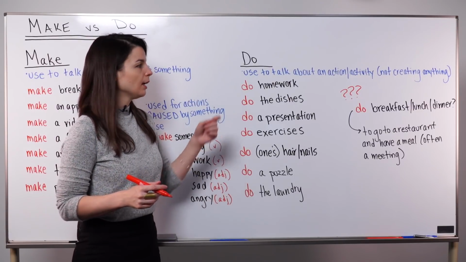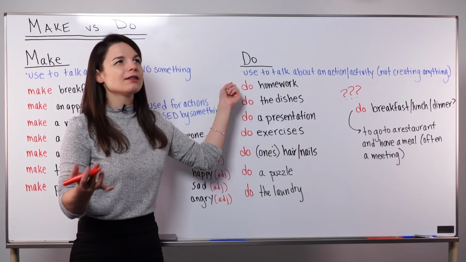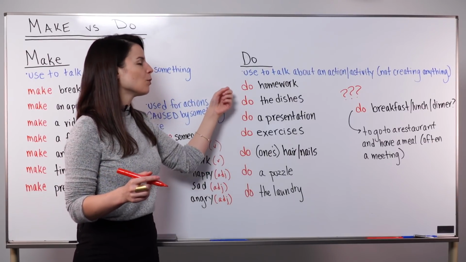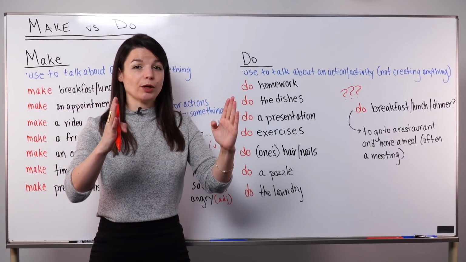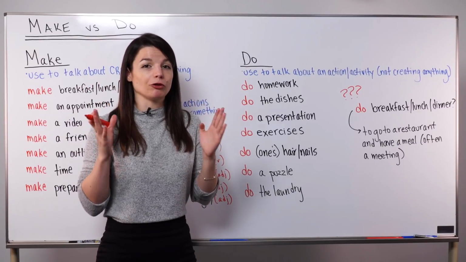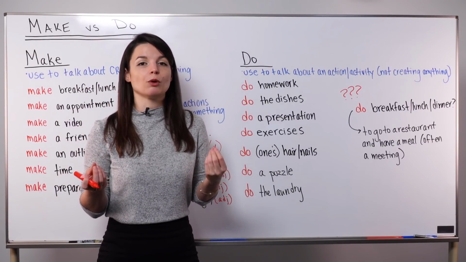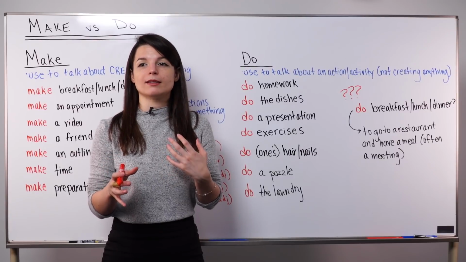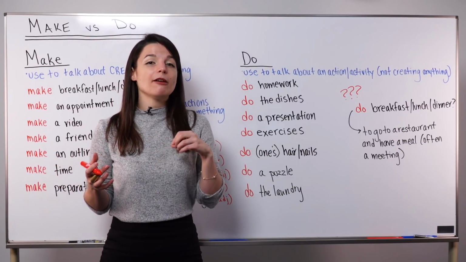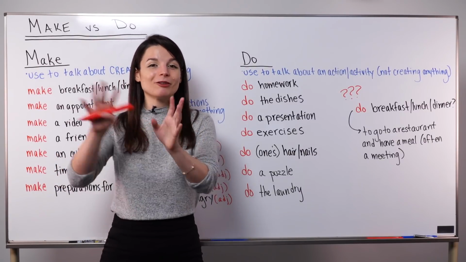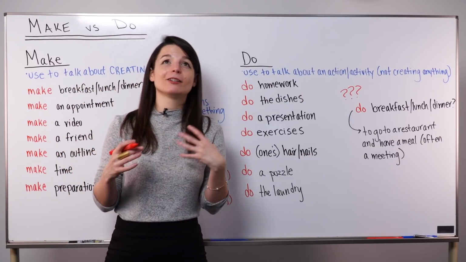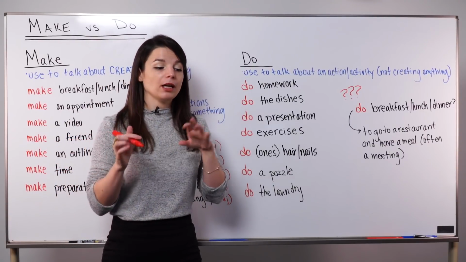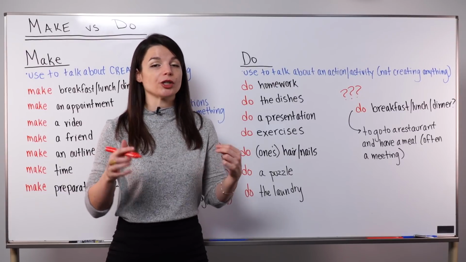To do homework. Maybe you think, well, aren't I creating something? It's more like we're completing something. Do homework is a very general set expression for a task I have to do for school. So to do homework or to do a report is just a set task. I need to complete this task. Maybe if inside your homework you have to make something, you can say that, like, oh, I need to do my homework. I have to make a model. You could be specific about your homework, but if you want to talk generally about it, just use do homework.